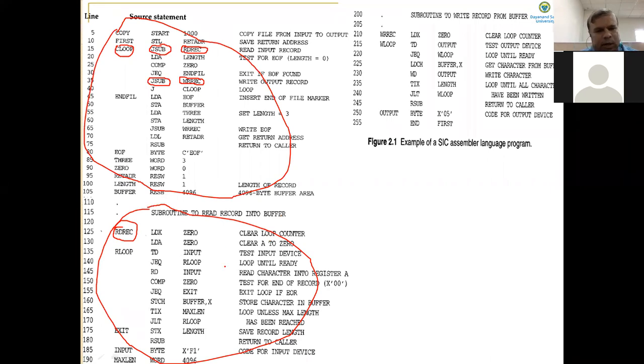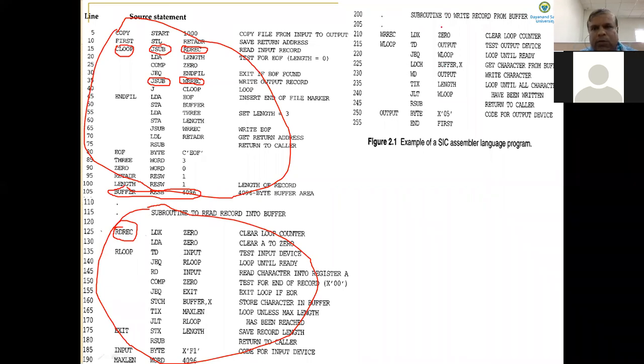As the name indicates, this RDREC routine will read the record from the input device and store it into some buffer. The buffer is defined here in the main routine. See here, the buffer is of size 4096 bytes.